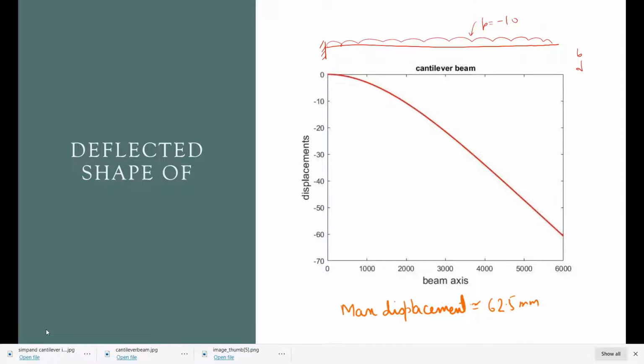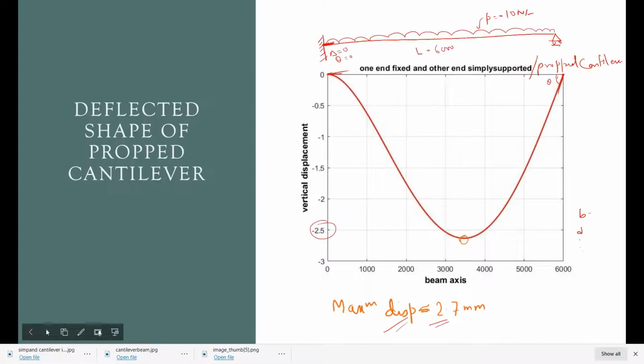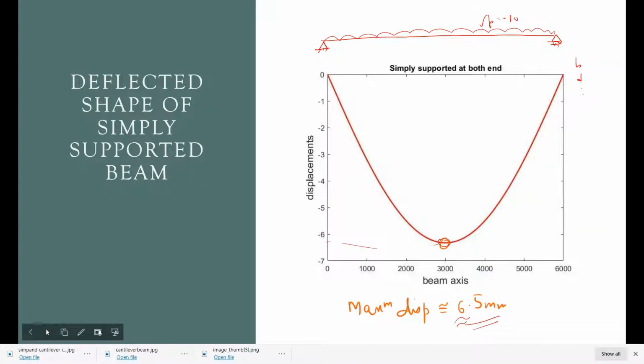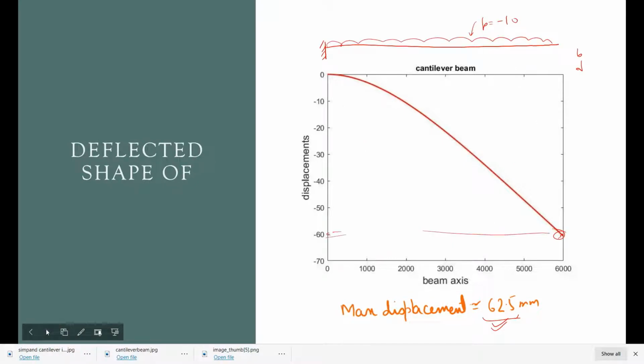Now we can see that the maximum deflection obtained here is almost 62.5 mm. It is much larger than the last cases, where we obtained 2.7 mm for the propped cantilever and 6.5 mm for the simply supported beam. It is almost 10 times greater than what we obtained for the simply supported case.